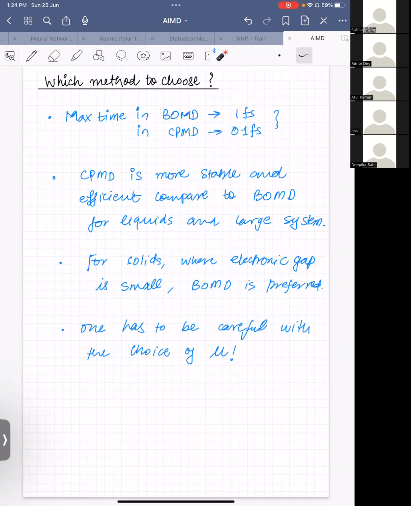Yes, any question? Yeah, Akshay. So computationally costly is one thing, but you said CPMD is more stable and efficient. Efficient means computationally efficient. Stable, basically,